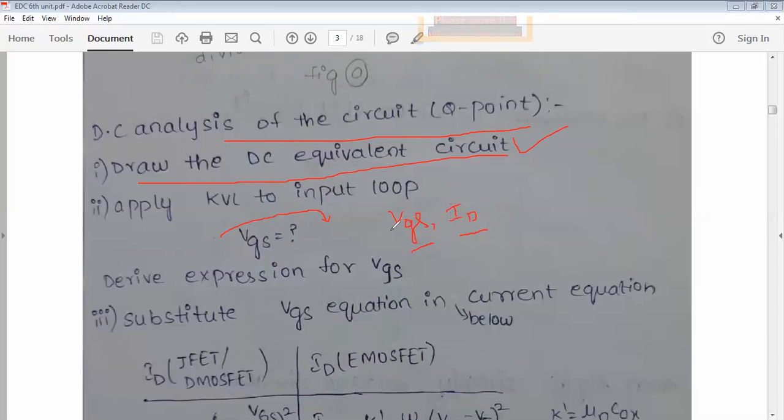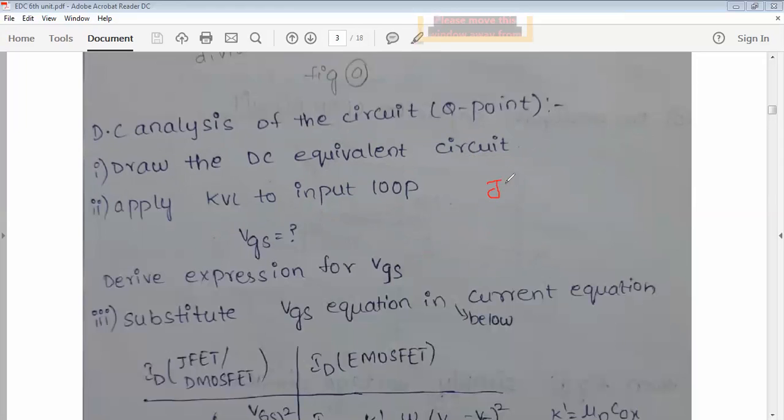Express VGS in terms of ID, or otherwise ID in terms of VGS. So there are two possibilities. Express the input KVL equation in terms of ID or in terms of VGS, right? If you are solving the problem,